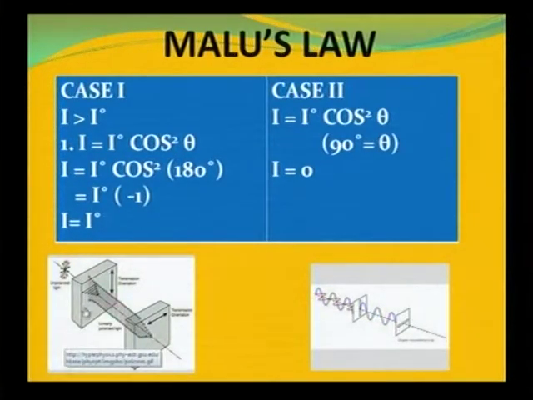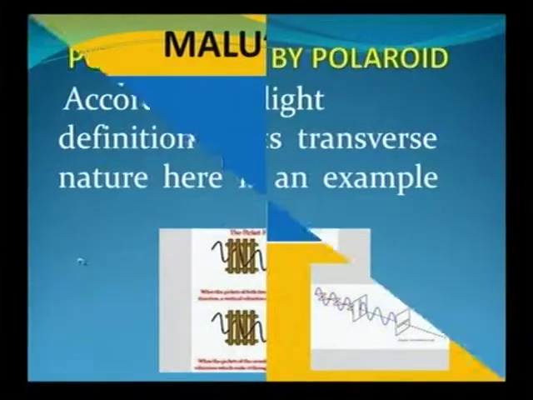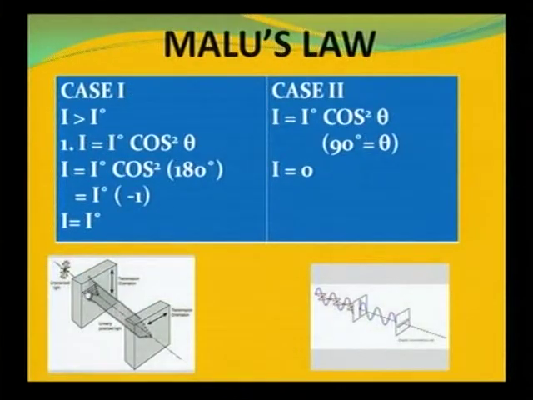In the first case, according to the equation of Malus, two Polaroids are placed. Unpolarized light is transmitted from the first Polaroid with less intensity, and it is transmitted to the second Polaroid, which decreases the intensity of the light even more. Here these two Polaroids are placed parallelly, which proves that the angle between these two Polaroids is 180 degrees. It means here I is greater than I naught. I is the intensity of the first Polaroid, whereas I naught is the intensity of the second Polaroid.